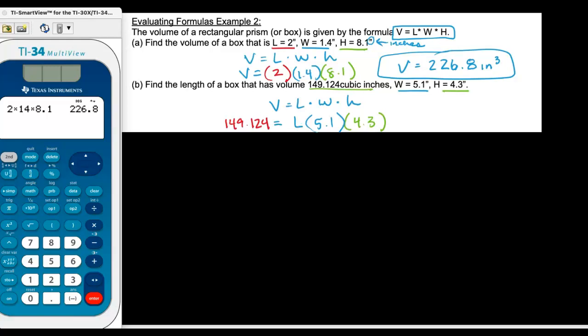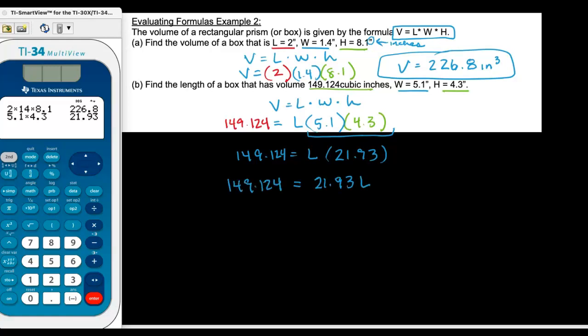In this case, I like to tidy up the right-hand side before getting rid of those numbers. You could divide them one at a time to get rid of them, but I like to multiply them first. So I'm just going to do 5.1 times 4.3, and I get 21.93. I'll leave the L there, but I'm going to rewrite it, because I like to write the number, the coefficient, before the variable. So 21.93L equals